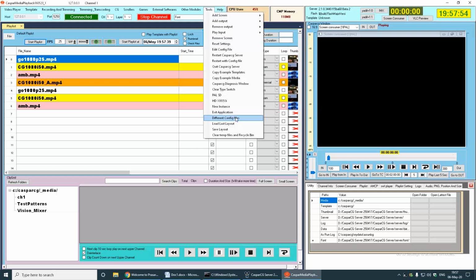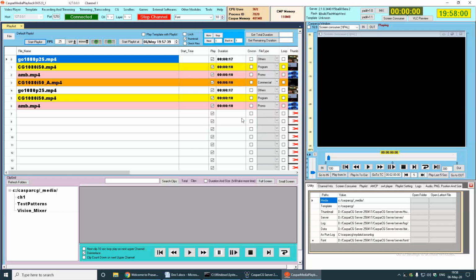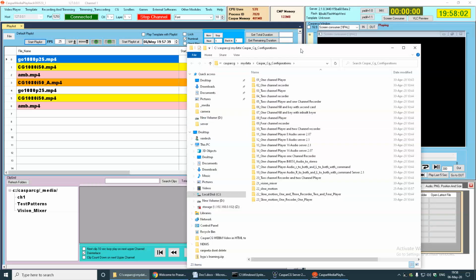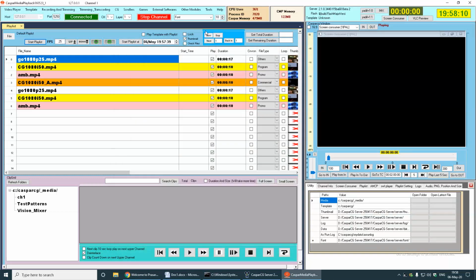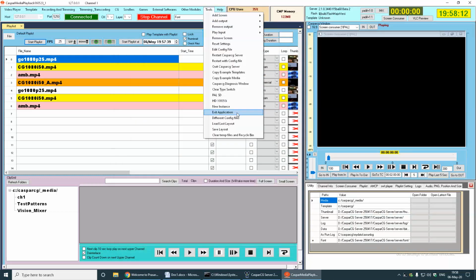Now the other menu is different config file. I have given this different config file menu so that it can take you to the different config files, and you can study what you want: a 2-channel player, 2-channel recorder, 4-channel player, like this. The other menu is load last layout.